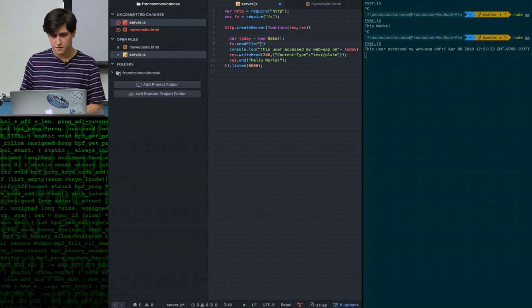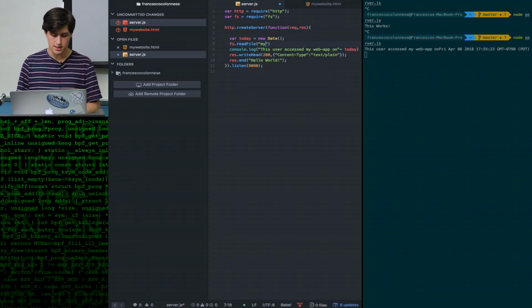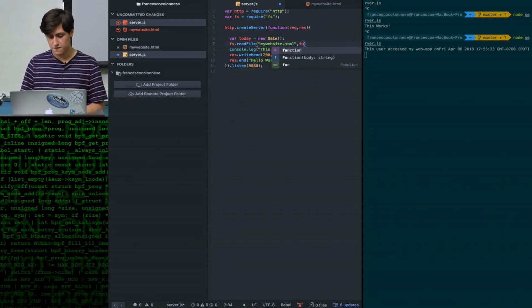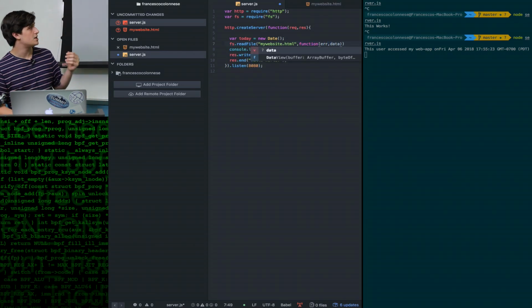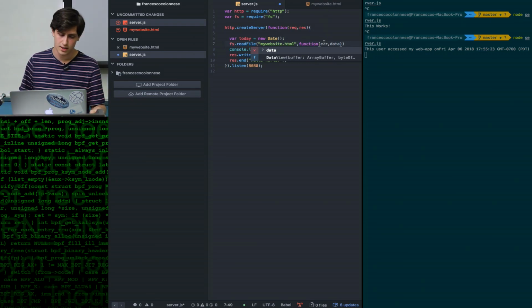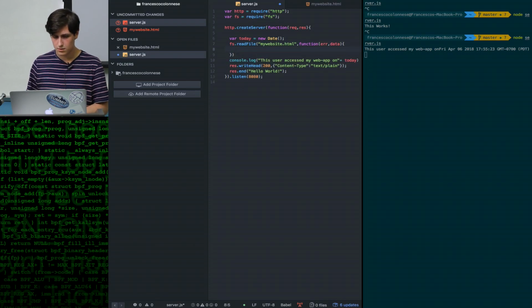Okay. So the first thing that the function takes in is the actual name of my file. In this case, my website.html. And then a function which is gonna have an error and a data. In case in which my function is not able to render the actual HTML or read the file, in this case because we're working with a file stream, it's going to display an error in this variable. And then in here, we're going to say, okay,